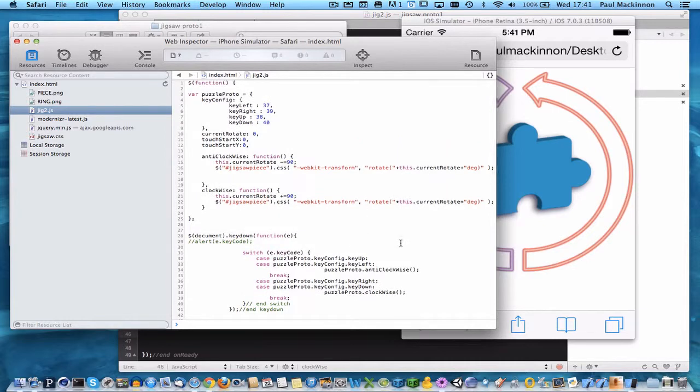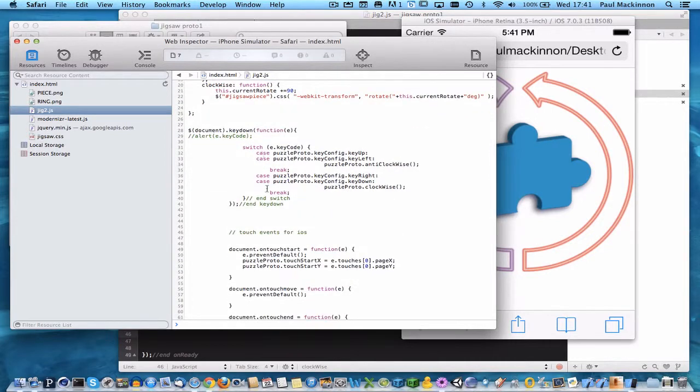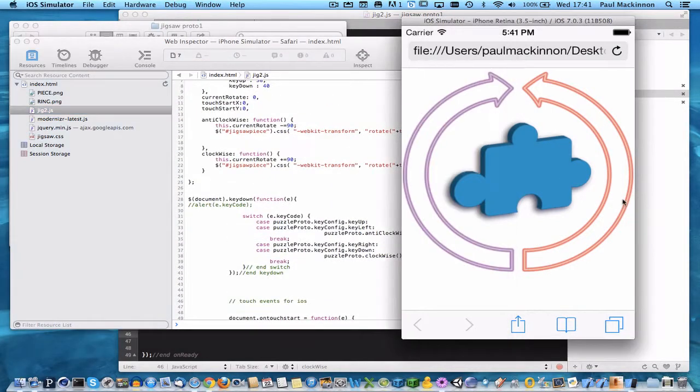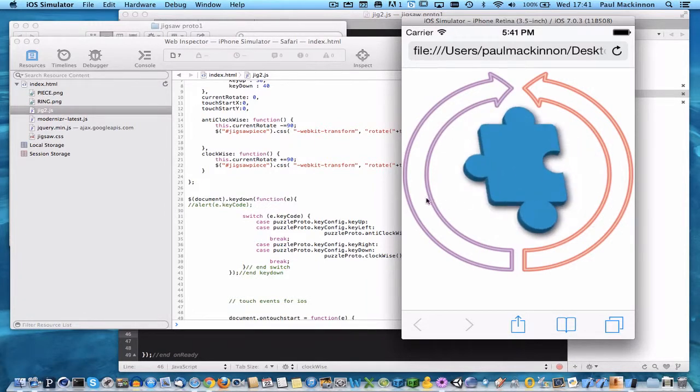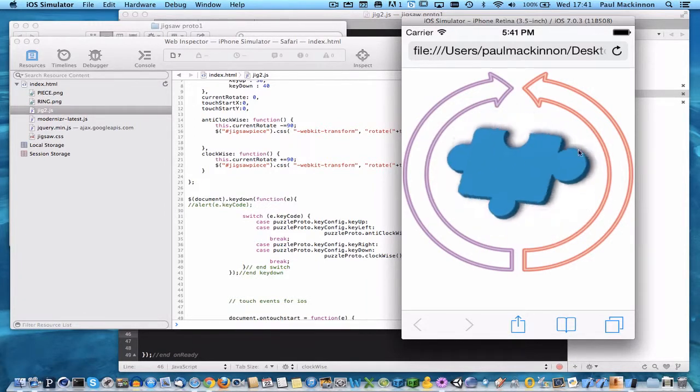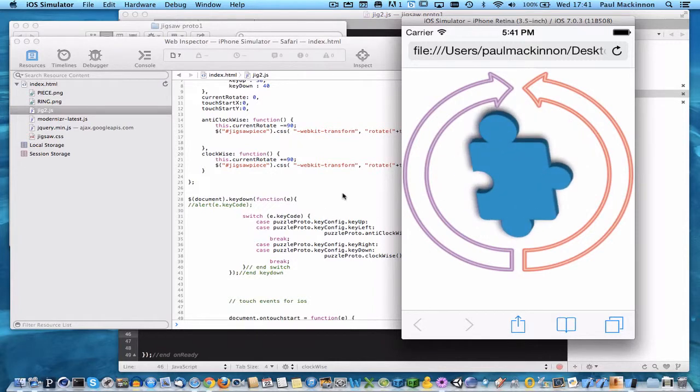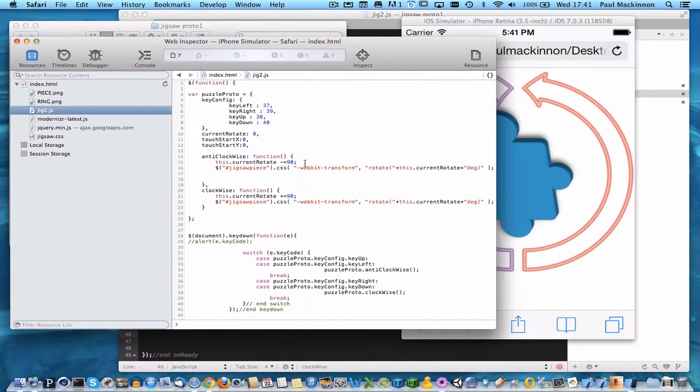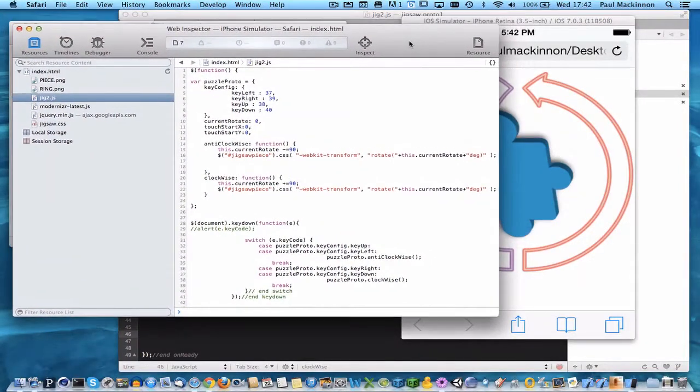I suspect I've maybe made a little bit of work here because maybe the caching is counting against me. Let's just check that out. Yeah, it's still responding to the touch at this point. So I suspect it's because the caching's working a bit too well at the moment. So I'll just gloss over that just now. I'm sure there's a way to clear the cache in order to proceed,